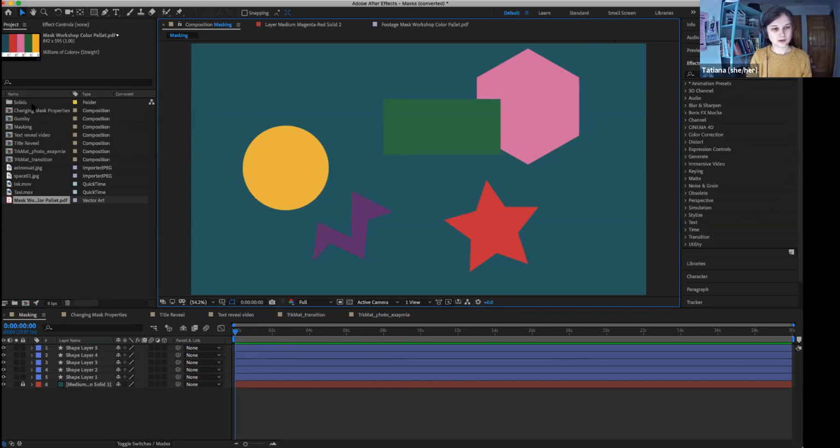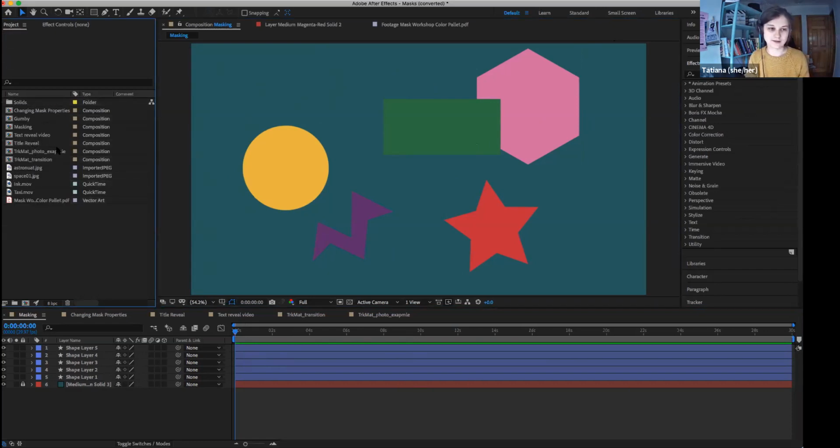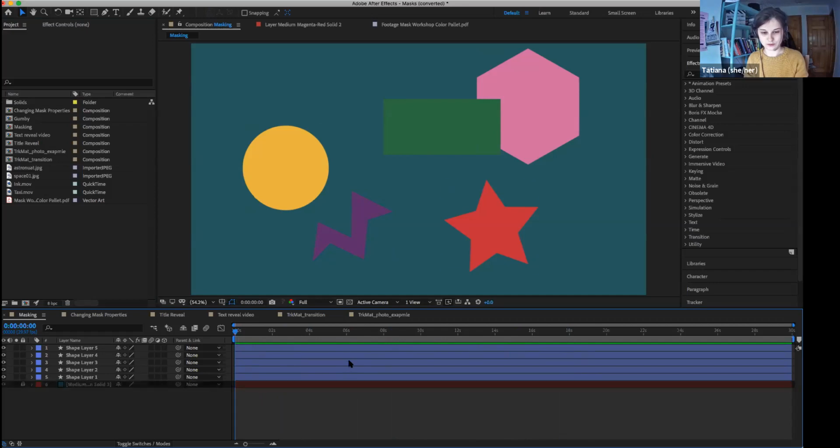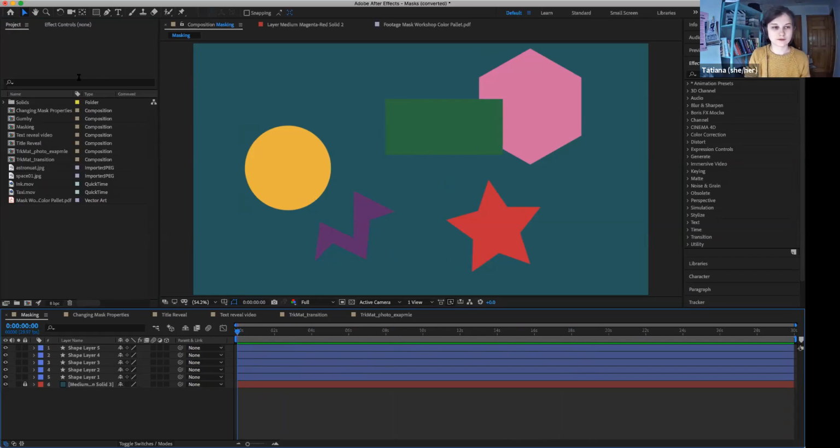On the left, it's a project panel. All the assets that you import will be here. If you're building your composition from scratch, there will be nothing here until you create something. There also won't be anything on your timeline. It will look empty. In each After Effects project, you can work simultaneously with several compositions. And in the project that I shared with you, there is